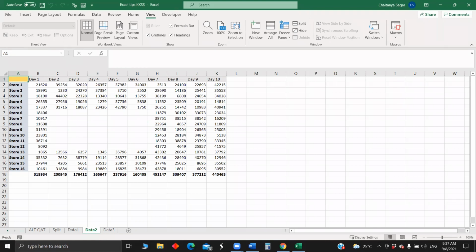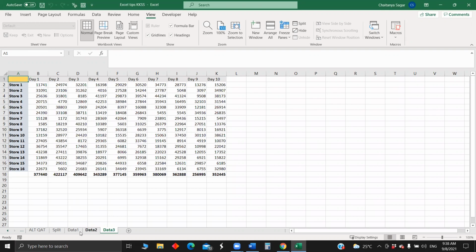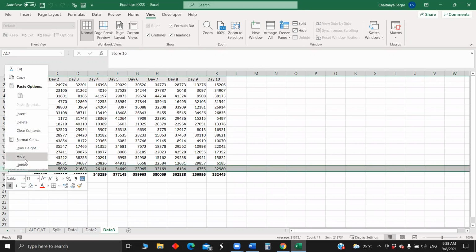Maybe any doubts? Jairam, in this grouping feature that you explained between 1, 2, 3, we are having a fixed number of stores, right? 16, 16, 16. What if one of the tabs has more than 16, let's say 18? In that case, we'll